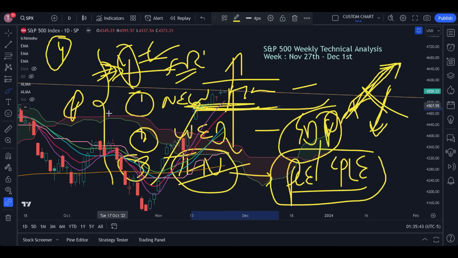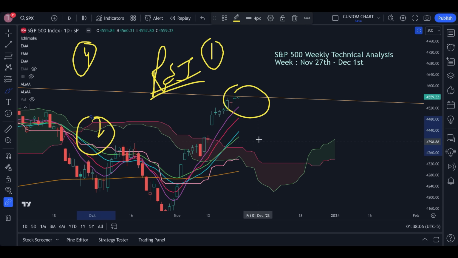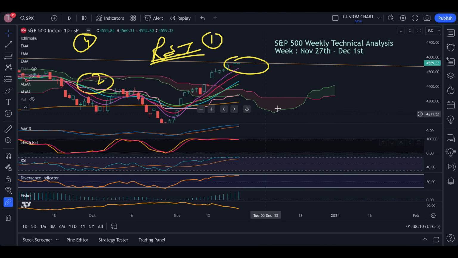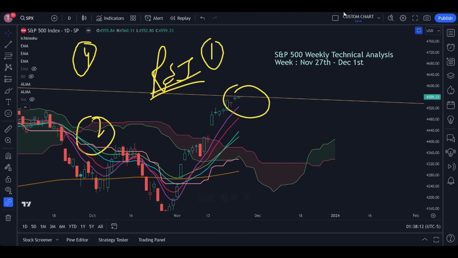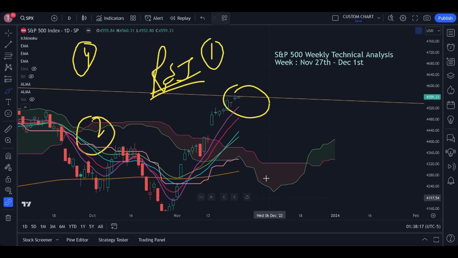This zone can be breached because of this heavily volatile movement. This is the trend line for the rejection. This is the first valid point, the trend line itself is valid, and a very heavy point for the rejection. Number two, if you notice on the daily chart, not just the S&P 500 but also the Dow Jones, both of these are in the overbought condition.